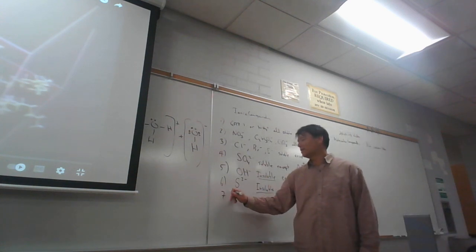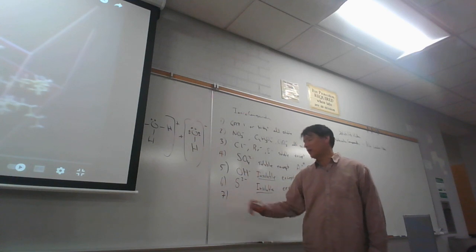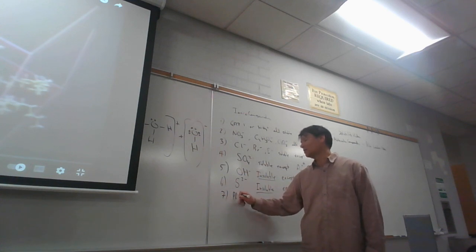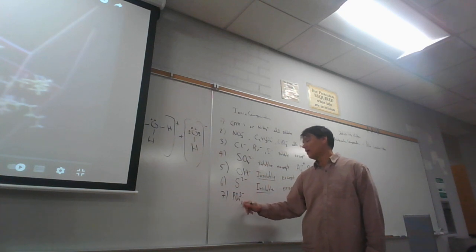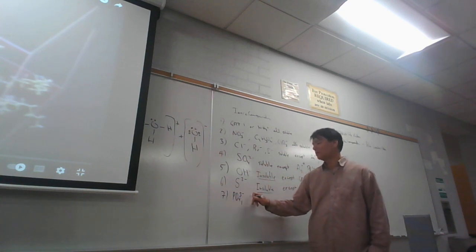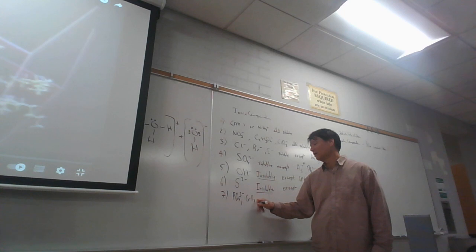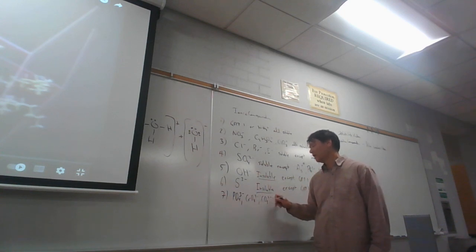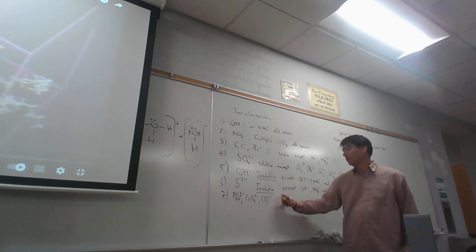Okay, and then the 7th and last one is for phosphates and chromates and one more, and carbonates. Phosphate, high charge, 3 minus. Chromate, 2 minus. Carbonate, 2 minus. These are also insoluble, except